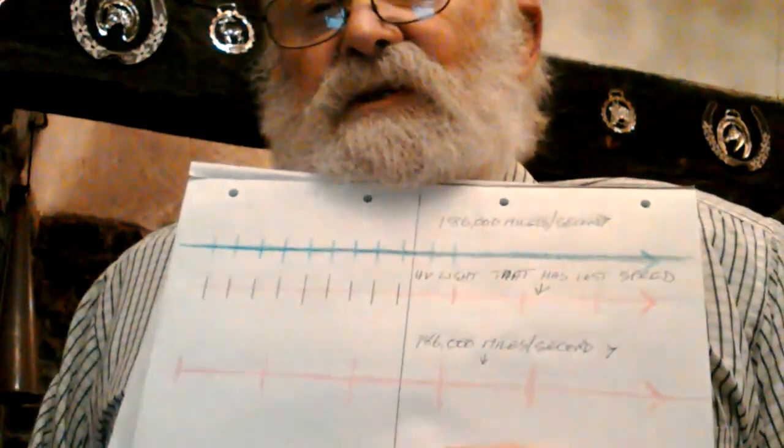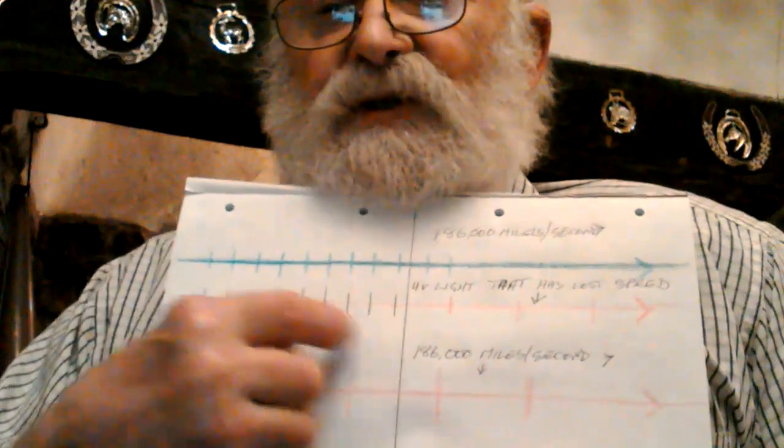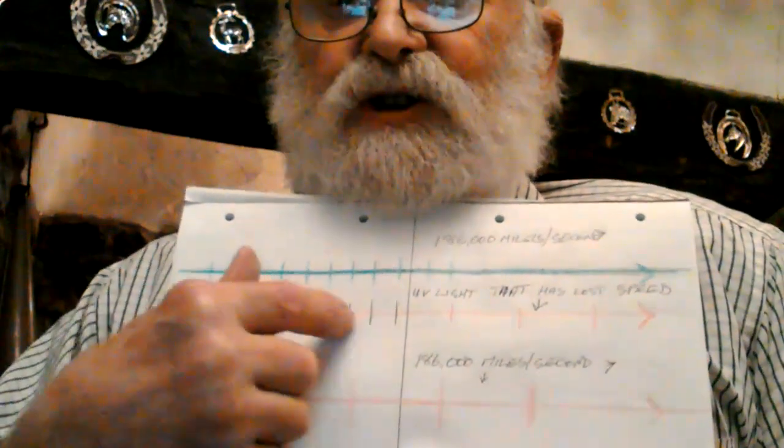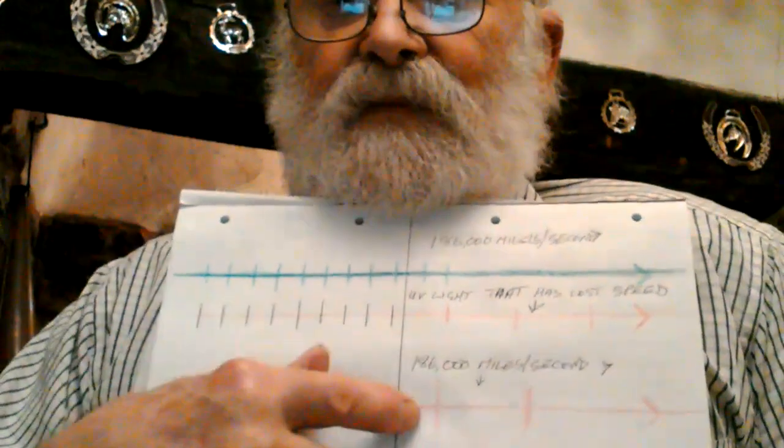I think most people would agree that that's a reasonable scenario if this is travelling much slower than what either of these are. And I claim and propose that not only does light slow down and lose energy over distance and time, I also claim that light has got a finite distance that it can travel. And that's where it comes in with the cosmic microwave background.